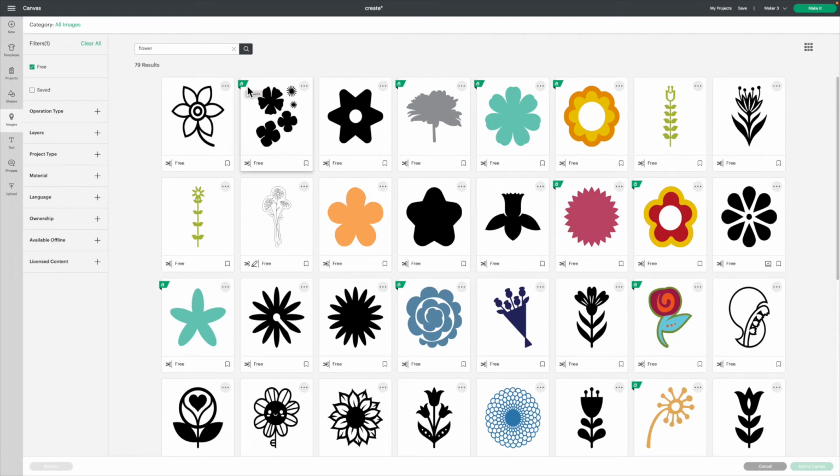I'm going to pick a flower to cut into my card to make a flower-shaped hole in the front of the card. So I'm looking for a simple design, preferably one color. Picking a more complex or colorful design could look worse because the knife blade is going to be cutting the image out. Anything with 3 or 4 colors will lose a lot of the detail that helps you make sense of the image.